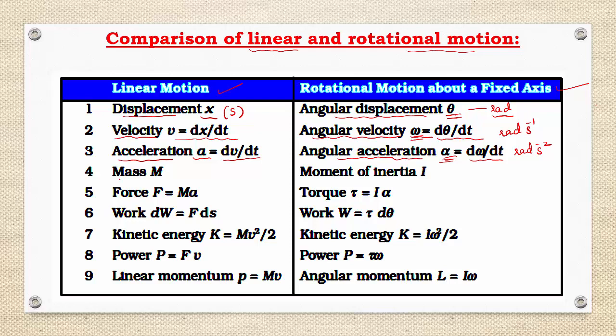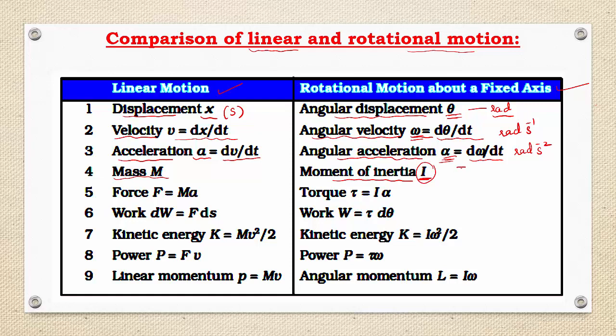Here for linear motion, we are using the word mass. Is it clear? So mass is a measure of inertia. But in rotational motion, instead of mass, we have to consider moment of inertia, which is denoted by I. Is it clear? Mass is a measure of inertia. Inertia means opposition offered by the object. How much it is opposing depends on the mass of the object. So we are going to consider mass in linear motion, moment of inertia in rotational motion.